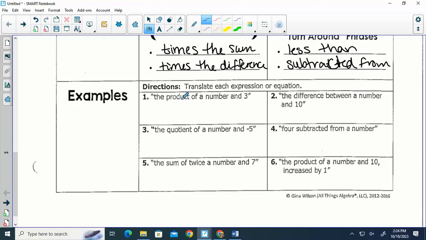So the product, what does the product mean? Multiplication of a number and 3. So we could write x times 3, or how else could you write that? 3x. And with multiplication, does the order matter? No, so either one is fine. You don't have to have both, one or the other. The difference, what does difference mean? Between a number and 10. So I would write